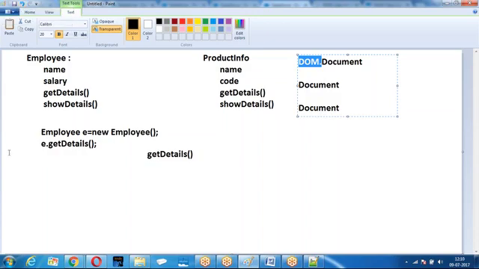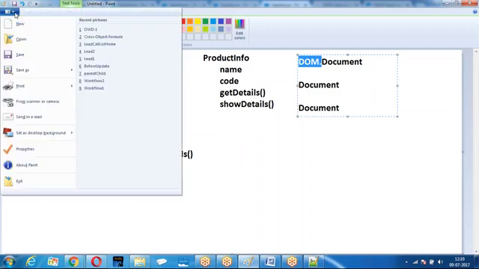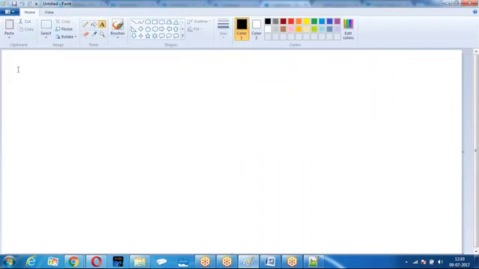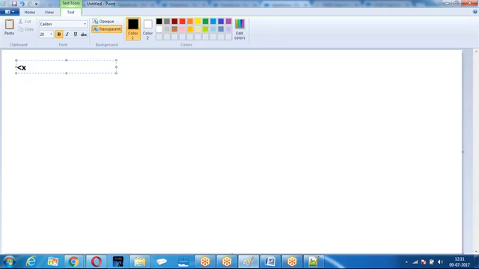Similarly, in XML, I am giving a file like this. Look at the point. I have an XML file. I have file 1.